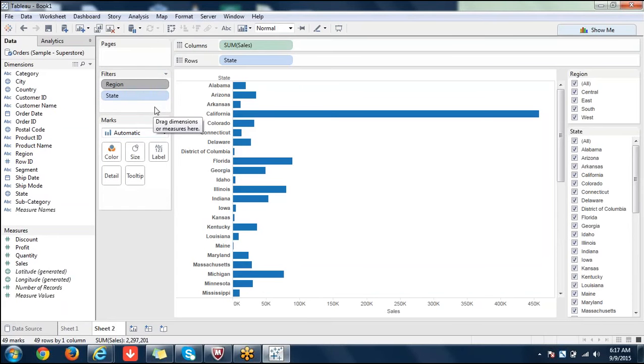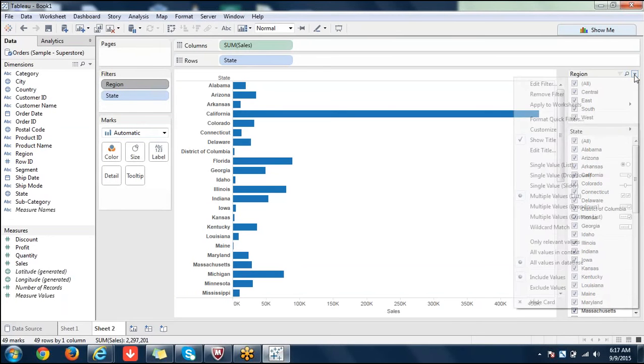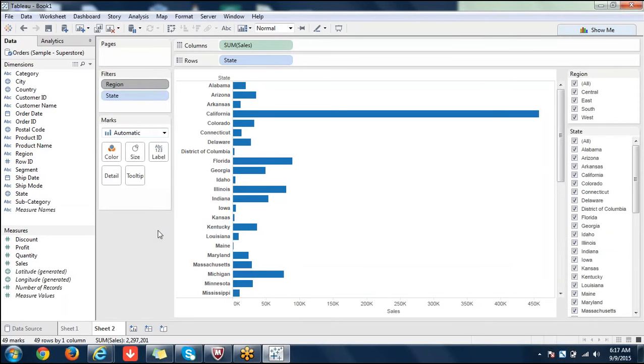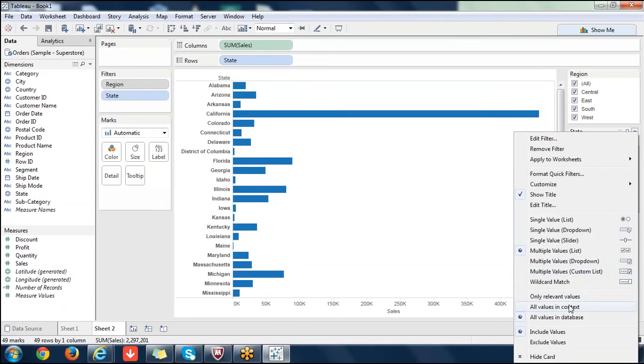That is a standard one in Tableau. Now that doesn't end there, because you added region only to context, and you have to mention something in state also. For that you have to come here. You see here, all values in context option is here. Similarly you'll see an option here also in state.